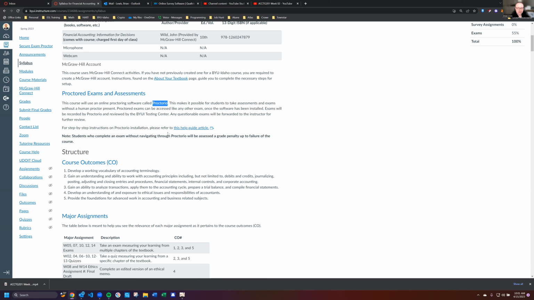When you take these exams, you need to make sure that you time it so that you have internet and power. I've had students have problems because their keyboard is funky and they maybe hit the lock keyboard function and can't get back in. So there's a couple of different things. This is a very technologically advanced component of the exam. You want to make sure that Proctorio is working, and that you have internet stability and power stability. You'll find out here in a little bit that I have limited exceptions for not having those.